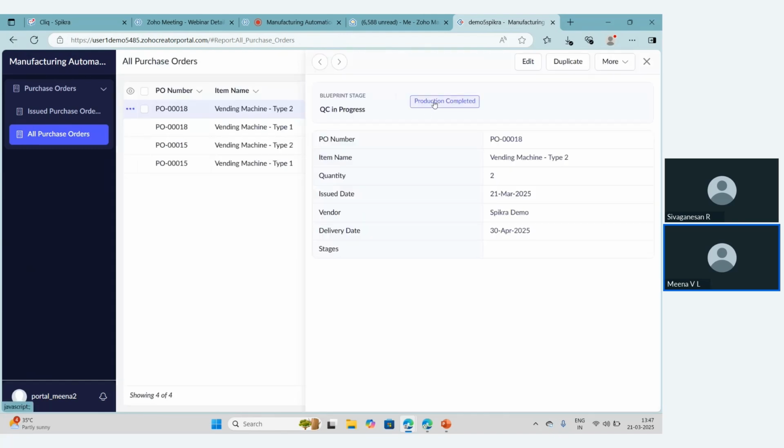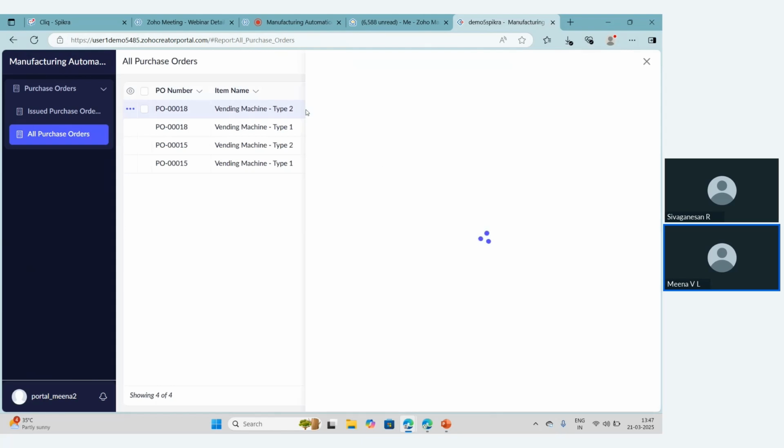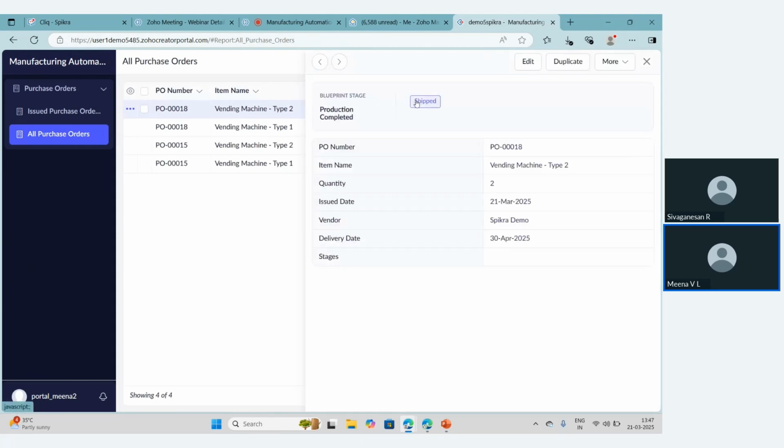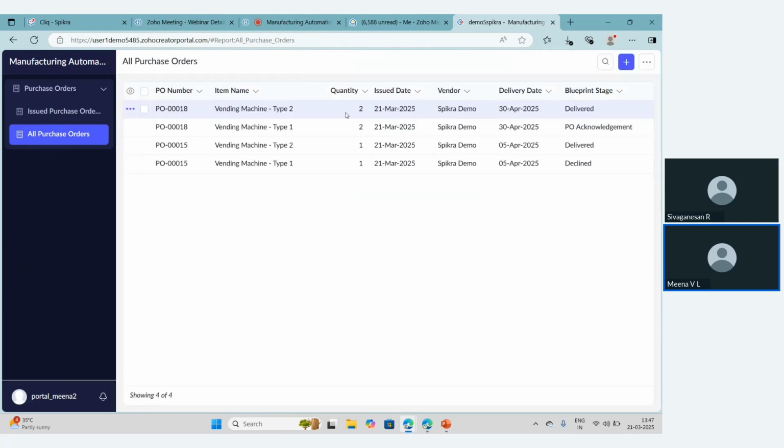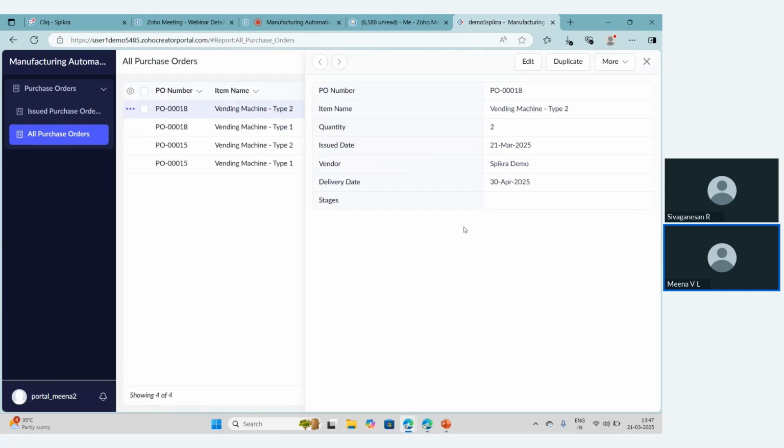So we can just simply customize all these stages that I have here. So totally customizable. So I have shipped it so that you get to know that I have shipped it and you should be ready to get the goods delivered at your warehouse, right? So when I click on deliver, that's all. So there are not many steps here. So once after you deliver, there is no approval or there are no button clicks that you have to do because you have delivered it, right? So it is at my place now.